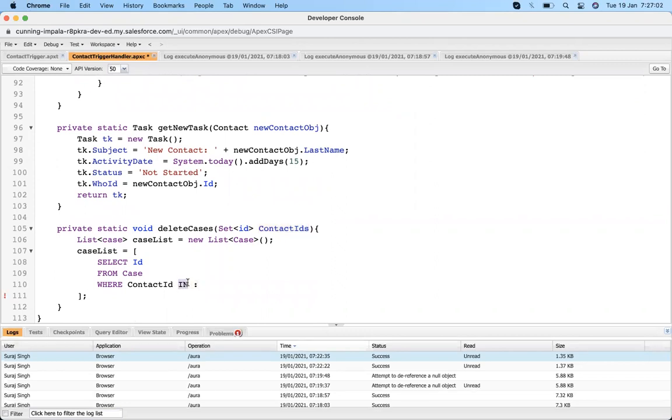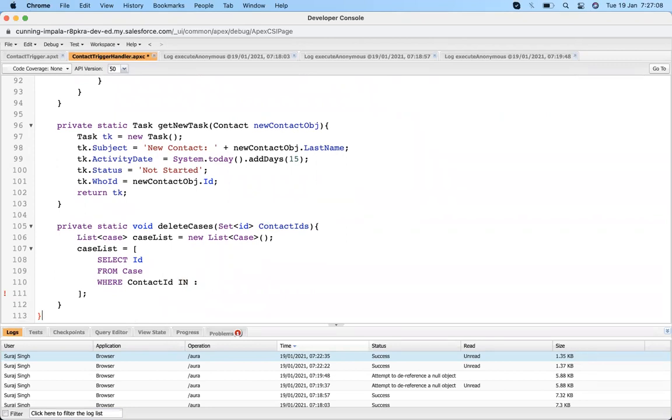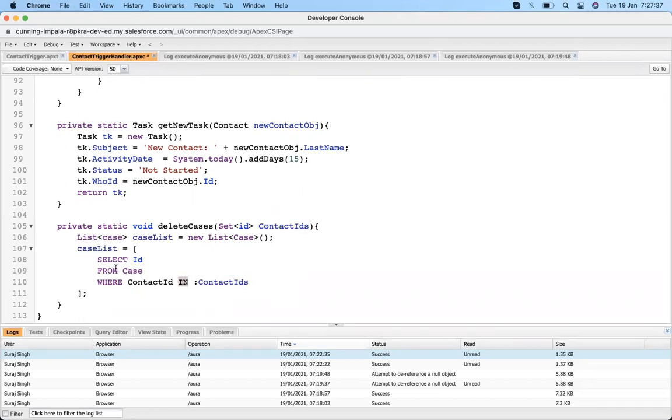We need to use the IN operator for that. I think I told you, but let's remind: whenever we are using a list of IDs or a list of names or any list or set, we use the IN operator for mapping the records. And since I got the list,